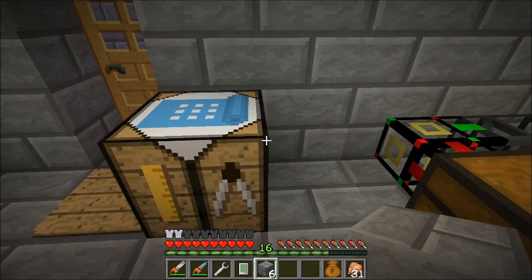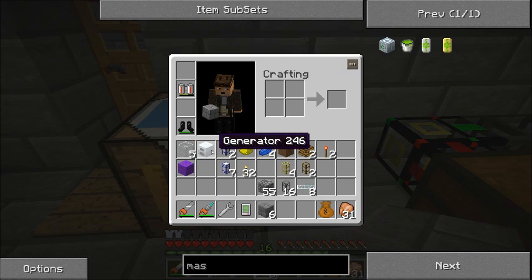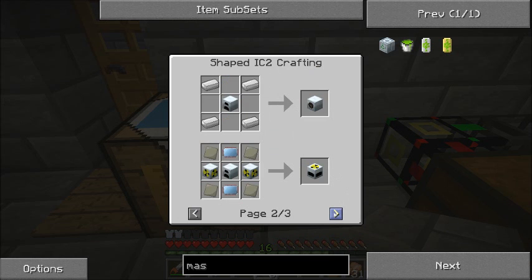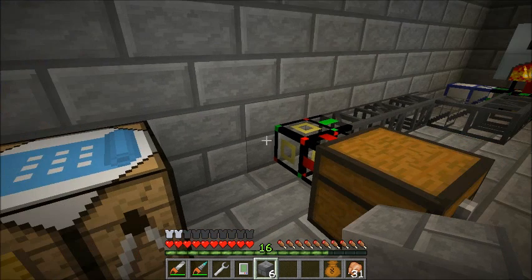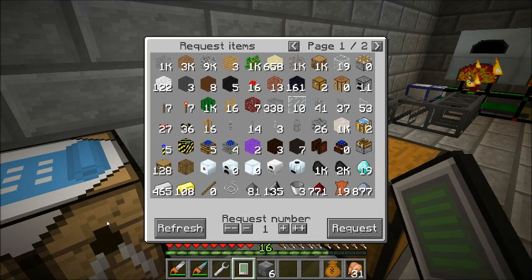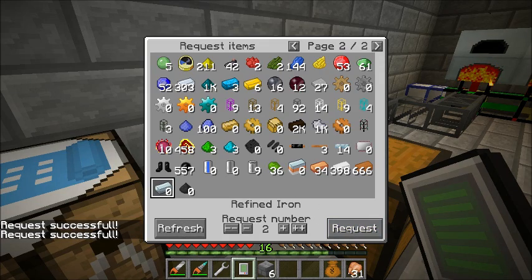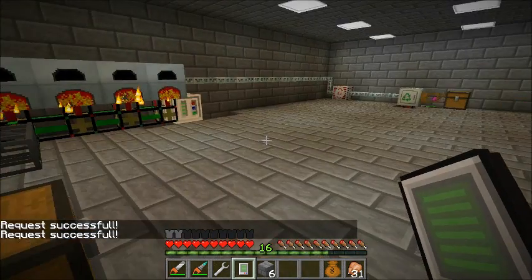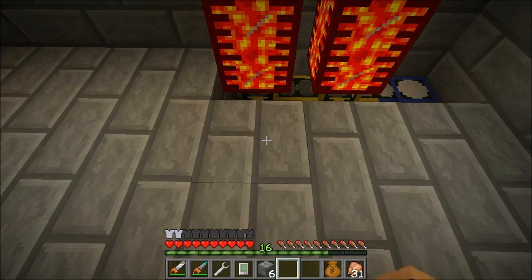Let me check our recipes here. So we need 2 empty cells, we have the 4 glass, and 2 refined iron. So let's go ahead and request 2 empty cells and 2 refined iron. And while we're waiting for those, we'll go ahead and